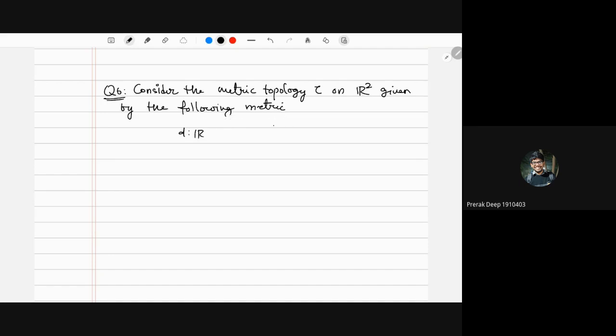This is a metric given on R2 times R2, such that for x equal to (x1, x2) and y equal to (y1, y2),